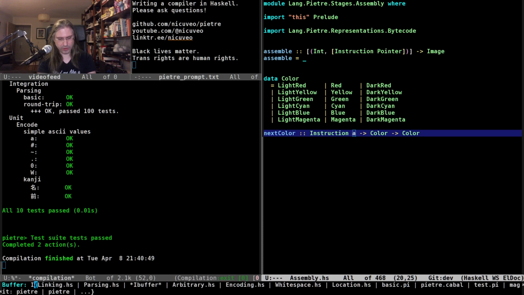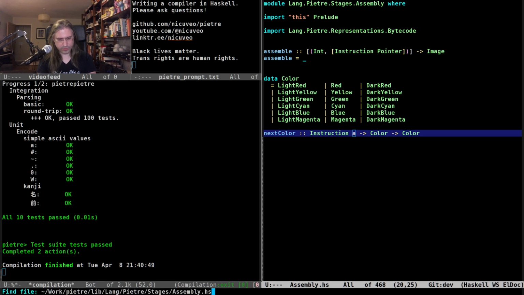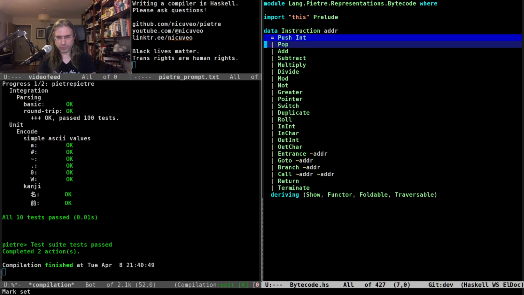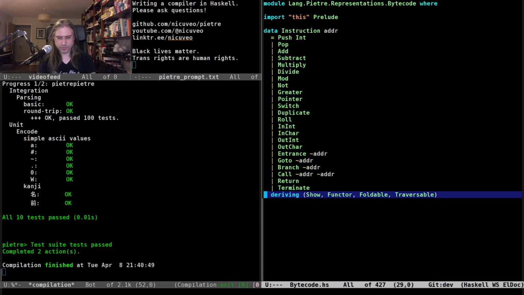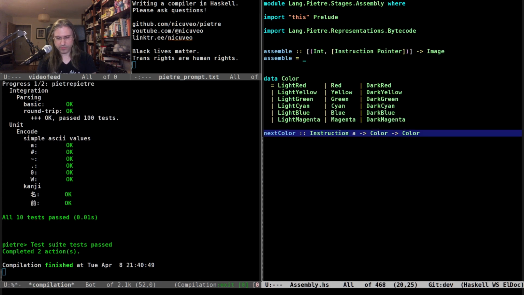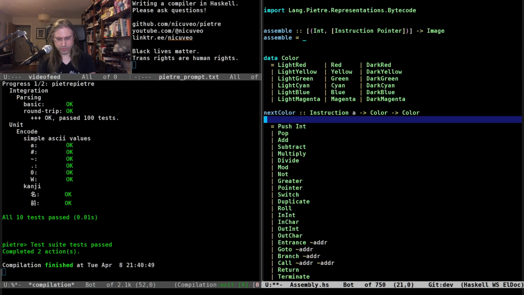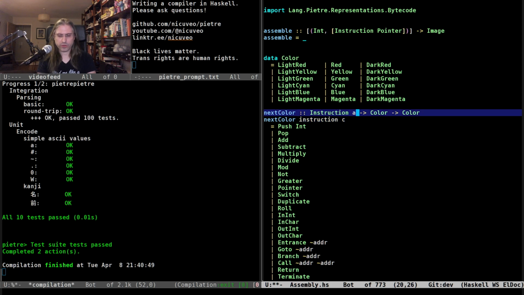So if I go back to our instructions... or do I want to do it the other way around? I might want to do it with color first, actually.